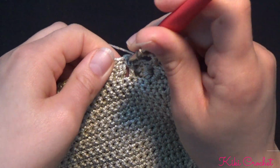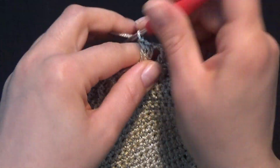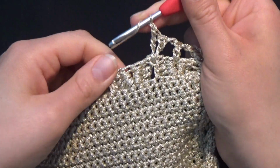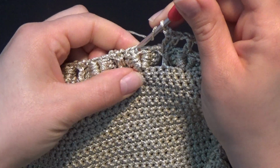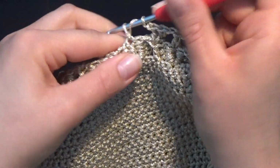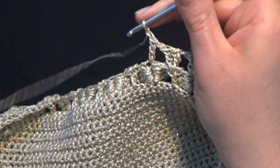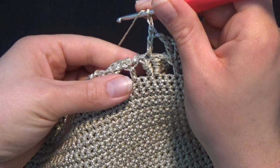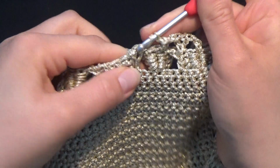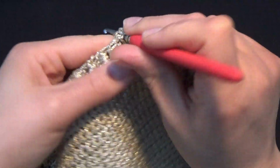1, same stitch, 2, chain 1 and go right ahead in the center of the scale right over here. So in between the 2 double crochet, right here in the center, work 1 double crochet, chain 1 on the double crochet that stands by itself. Now right over here, work 2 double crochet in the same stitch, 1, same stitch,